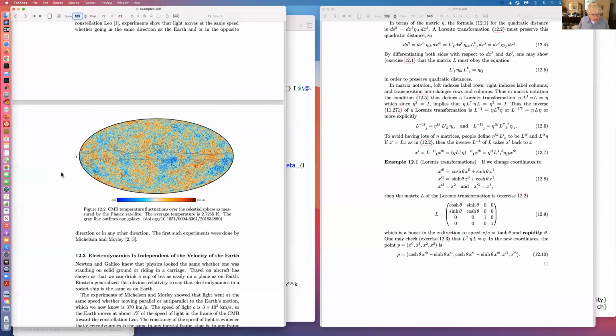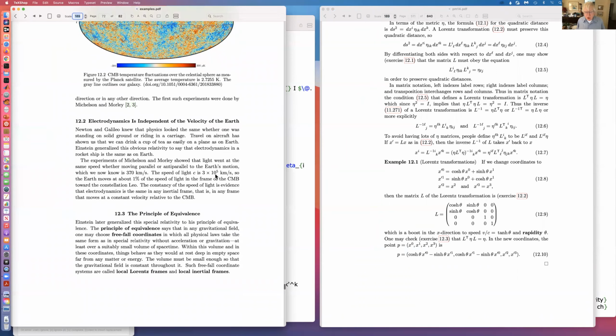Now, Michelson-Morley, over 100 years ago, did an experiment that showed that the speed of light is independent of direction. And at that time, of course, they knew that the Earth was moving around the sun at a good clip, and that the surface of the Earth rotates at about 1,000 miles an hour. With the Michelson-Morley,